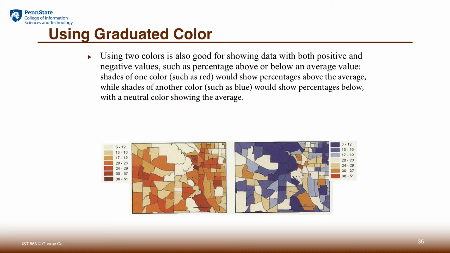The graduated color can come from the same color, or two different colors, or three different colors. When you try to show a range of changes, if you have some kind of central value or some kind of criteria you want to apply, and there are opposing, positive or negative senses of values around that central value, you might want to use two opposing colors to build a grid of colors that show things above or things below, and that will convey the idea much more clearly.